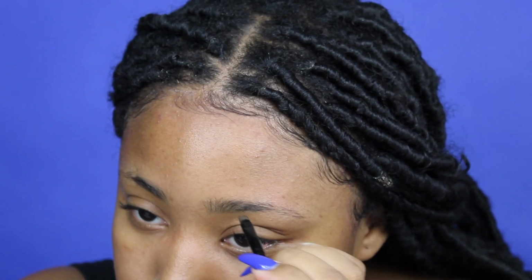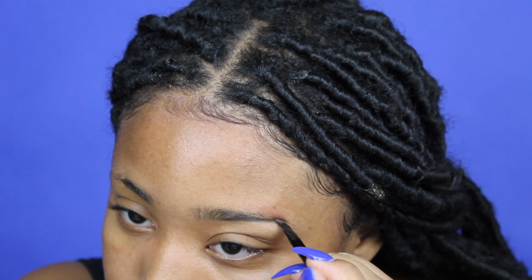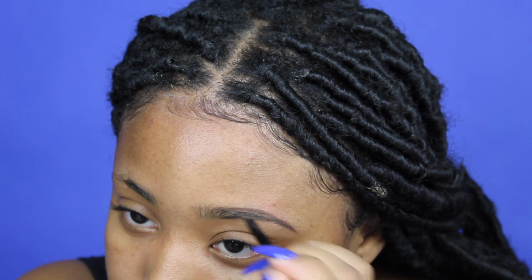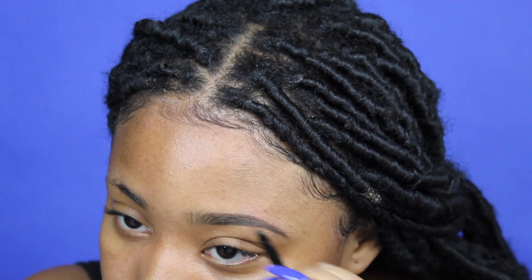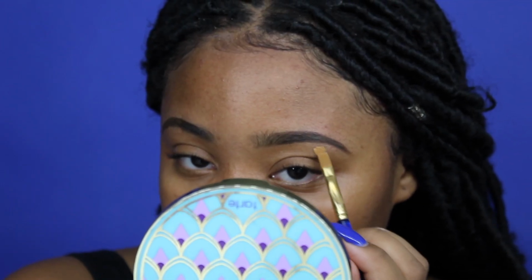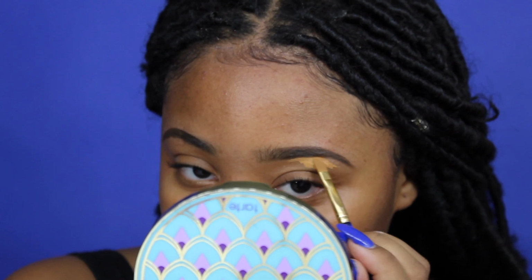To start, like mid brow, so I'll just go ahead and start applying that. And you see how easily that just glides on. Like, oh my god, this makes my life so much less complicated. I love it. I like to start off from that mid brow like I did with the product,